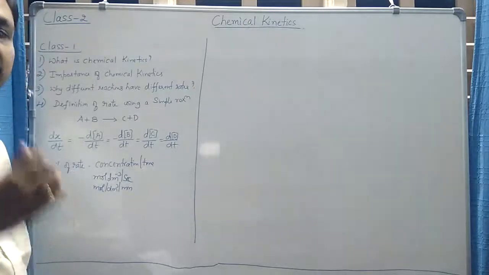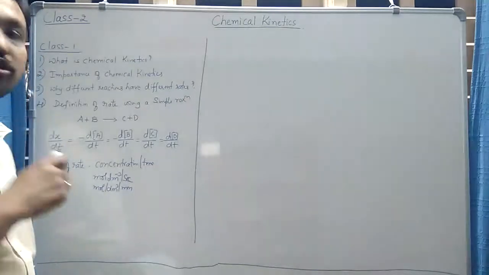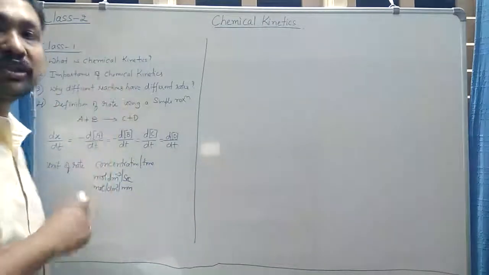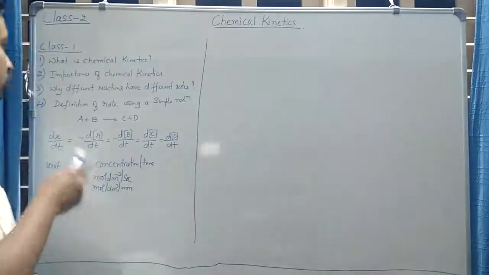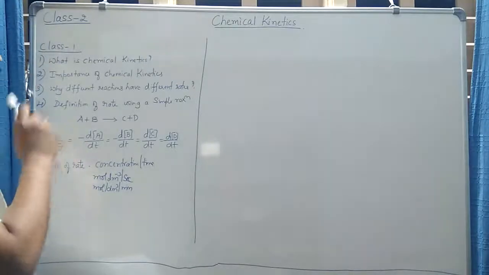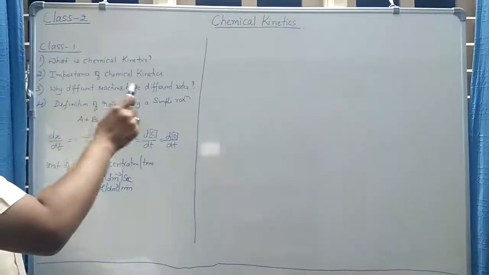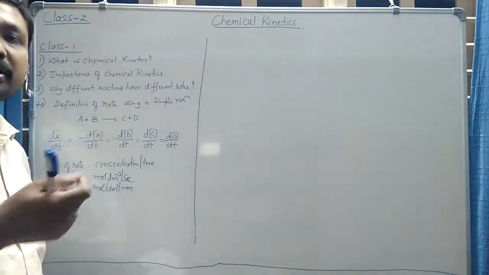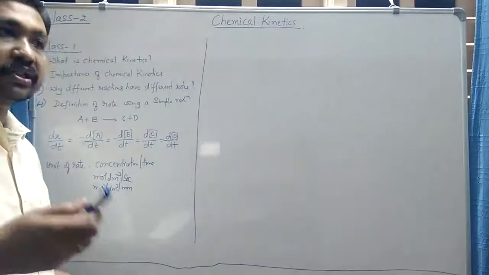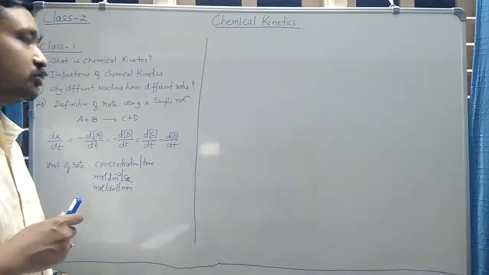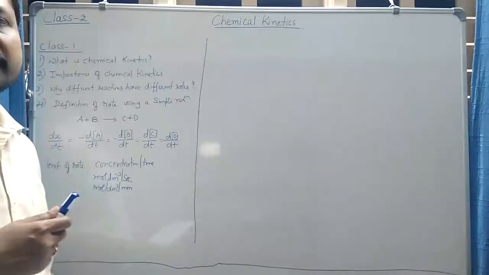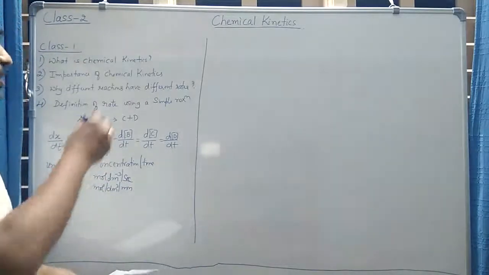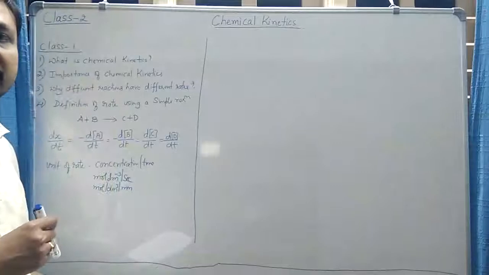So to know whether a given reaction is fast or very slow, it is very important to measure what is called the rate of the reaction. So we also defined the rate of the reaction, and we understood why different reactions have different rates: in different reactions the nature of the chemical bond that is broken or formed will be different, so the total energy involved will also be different. So different reactions therefore proceed with different rates.